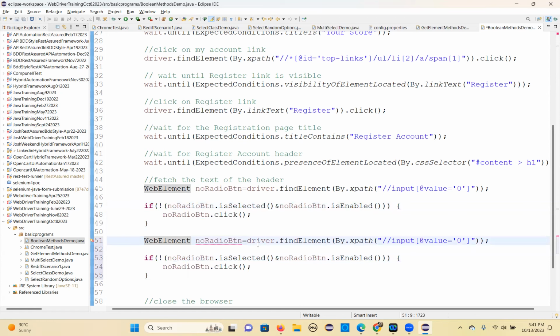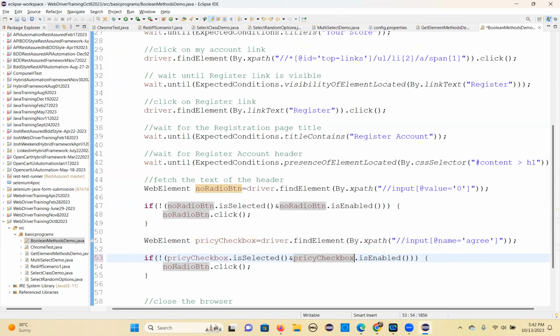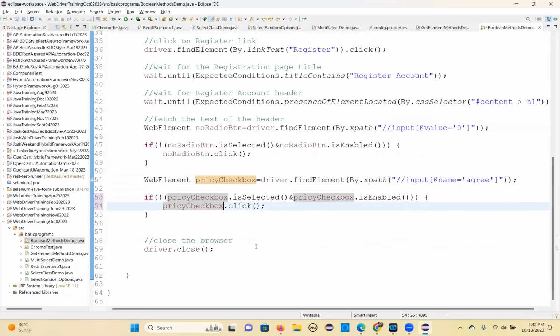I'll use the name locator for the privacy checkbox, agree. That's it. Then if you want to uncheck the checkbox,